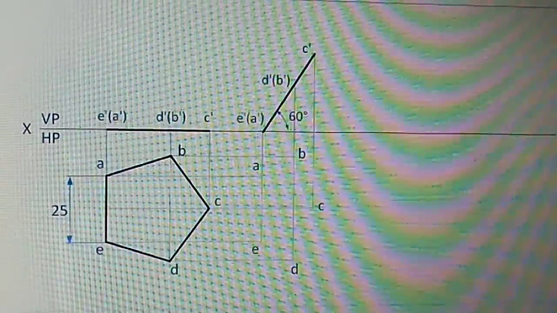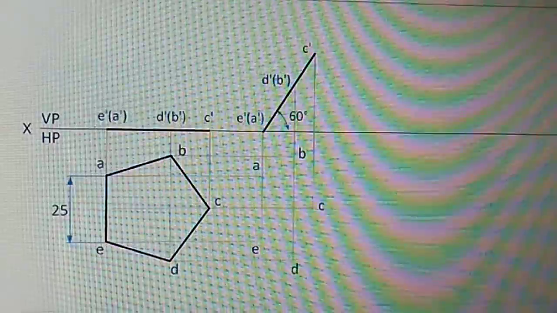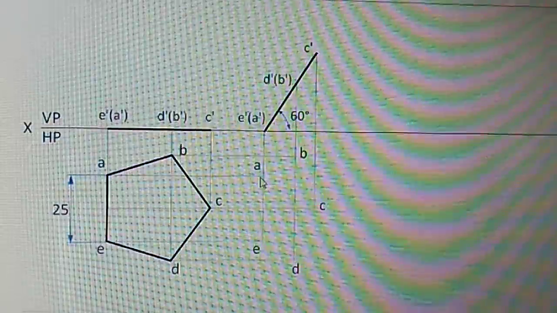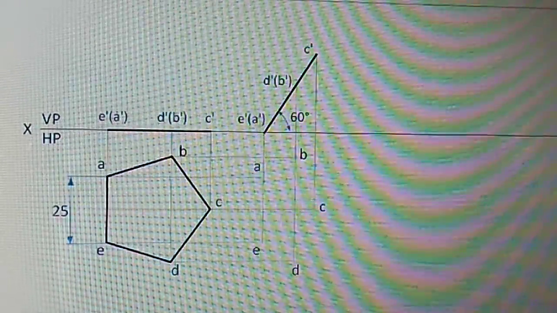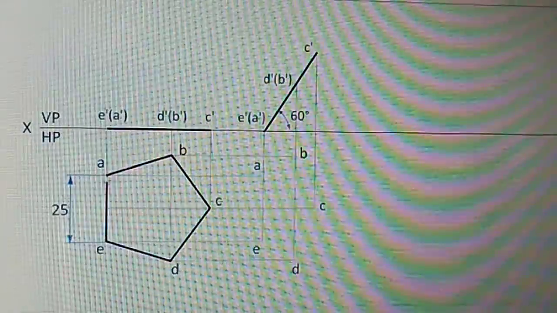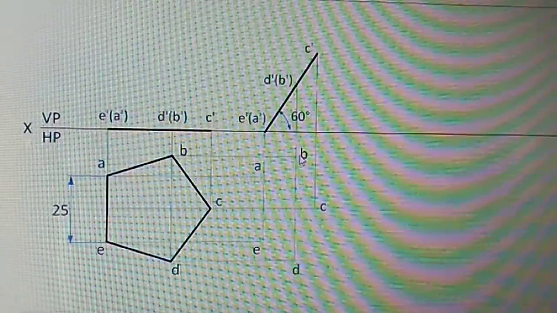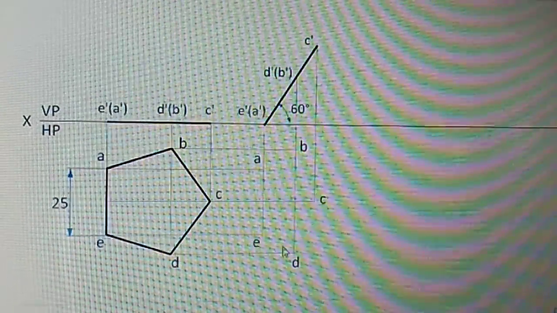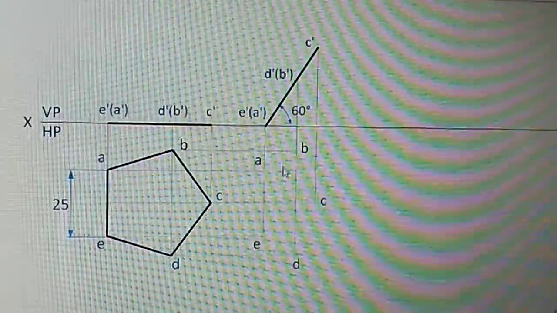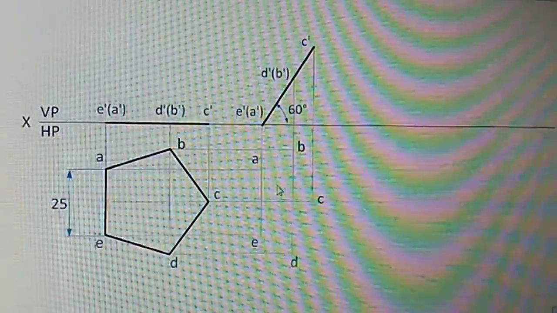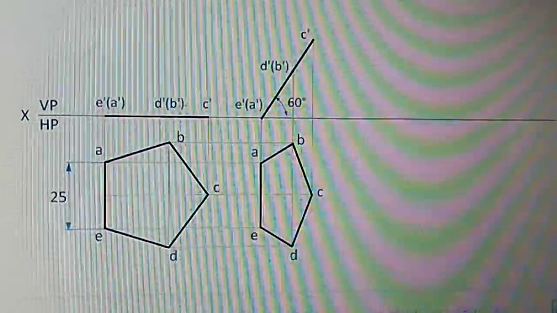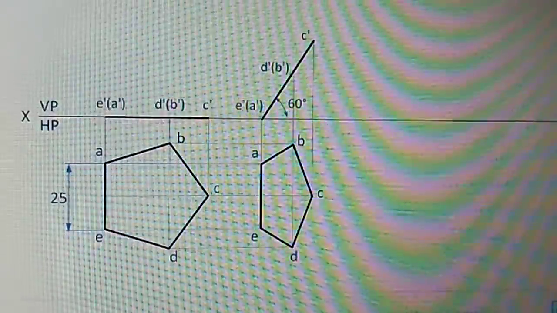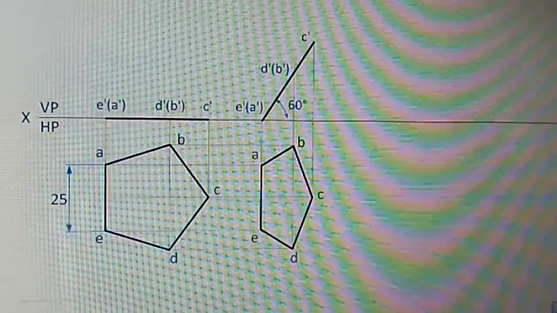So next, you name that coinciding point. From A, this horizontal line coincides here with the vertical. This is A, and this E coincides here, D coincides here, C is here. Similarly B is coinciding with this vertical projection. Then you have to connect A, E, D, C, B and A with a thick line of thickness 0.5 mm, like this. You are getting the second position top view, that is, the top view of the second position of the pentagonal lamina.